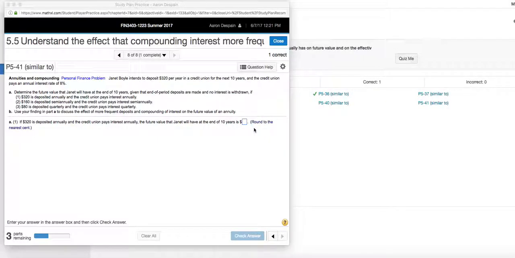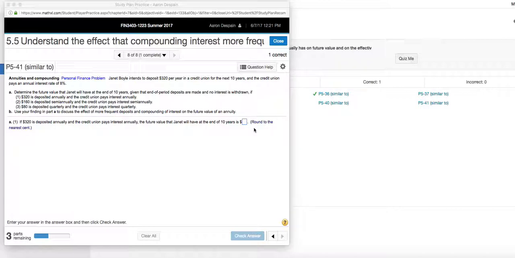So this is problem 5-41, and this is working with annuities with different compounding frequencies. We have Janet Boyle intending to deposit $320 per year in a credit union for the next 10 years, and the credit union pays an annual interest rate of 8%. Financial institutions are pretty much always going to quote rates as an annual rate. They have to, but our amount or future value is going to depend greatly on how frequently the institution compounds